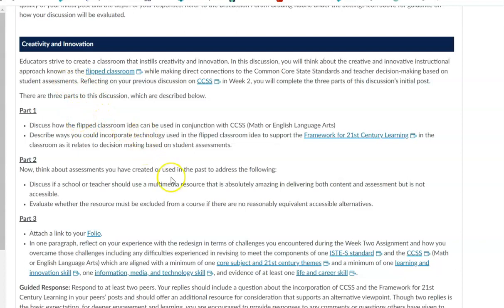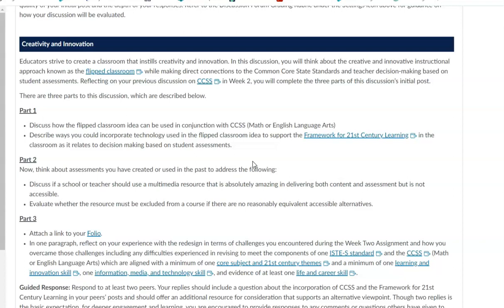So this discussion is broken up into three parts. The first part, you'll be discussing how the flipped classroom idea can be used in conjunction with the Common Core state standards. So, where is that connection? And then you're going to describe ways you could incorporate technology used in the flipped classroom idea